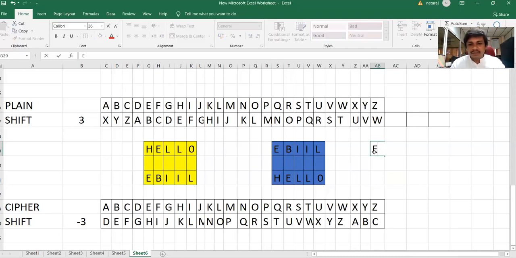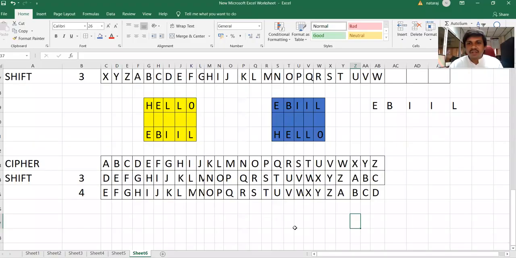Now let us take a wrong key for EBIIL. Say I take the shift value as 4. A will be shifted 4 steps towards left, which means the first character will be E, in a cyclic process: A, B, C, D. Now you have given shift value as 4.